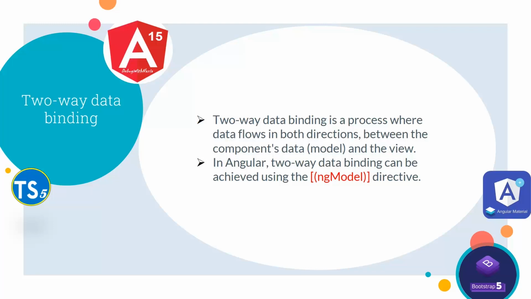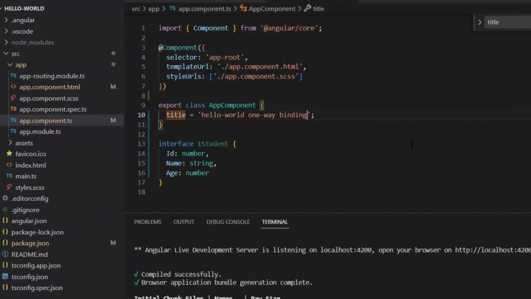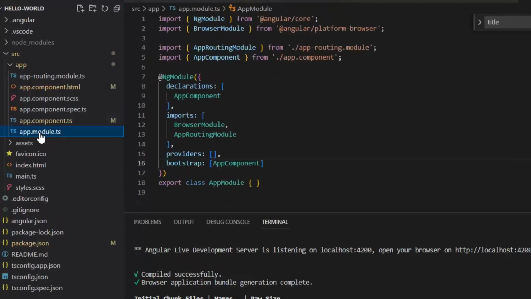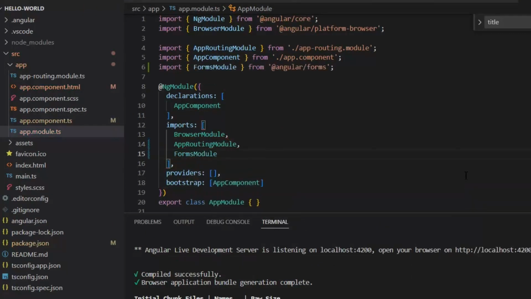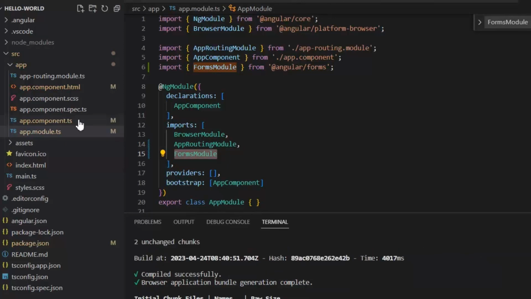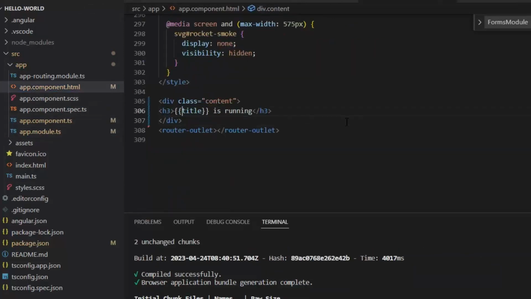Two-way data binding is a process where data flows in both directions between the component's data and the view. In Angular, two-way data binding can be achieved using the ngModel directive. For implementing two-way data binding, first we need to go to the app.module.ts and include FormsModule in imports, and after including this module we again need to go to the app.component.html